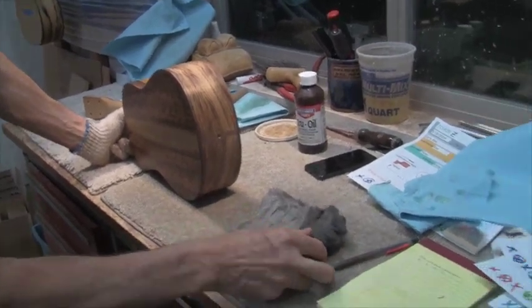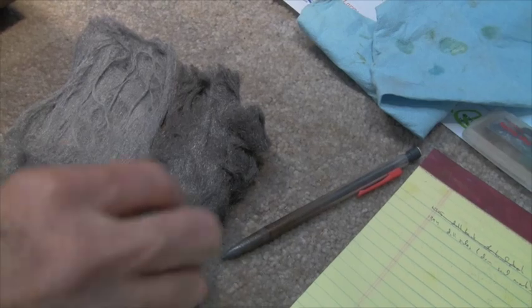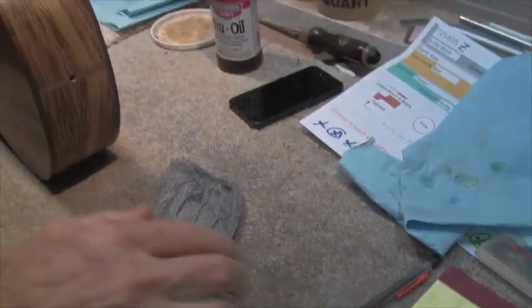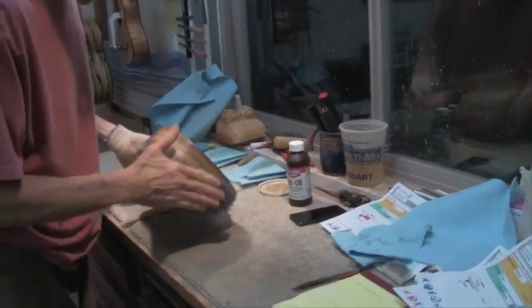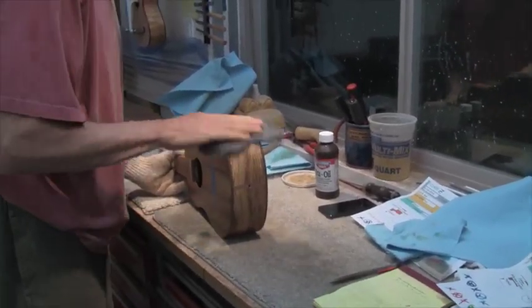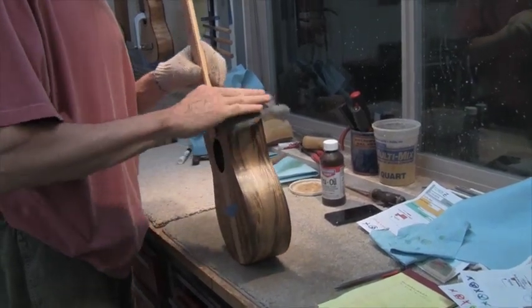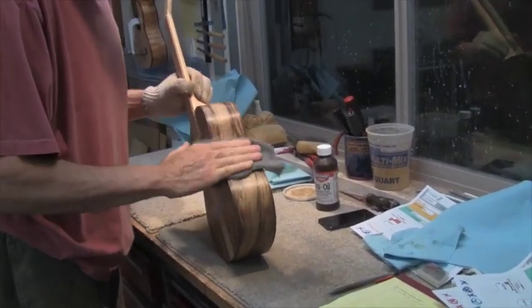There it is. Look at the difference. That's from our hardware store. That's quadruple zero. And that we use for the finish is from Germany, and it's a brand called Luster Sheen. And it is great. So as I'm going over this surface, every time we work the surface of the instrument